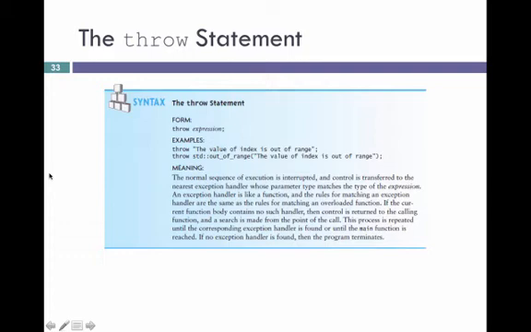Now this slide shows the syntax of the throw statement. The syntax is the keyword throw followed by an expression. And here are two examples of throw statements. We throw followed by a string, which is an error message. Here's throw followed by a reference to the out of range class, which is an exception class that's defined in